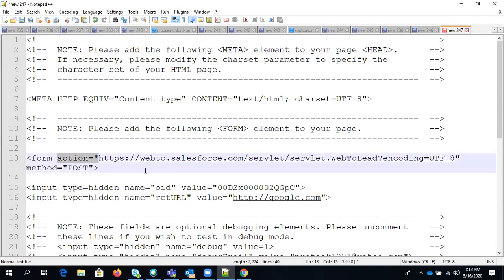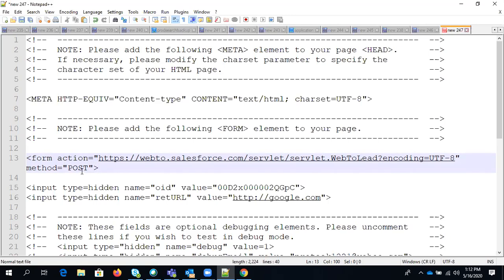In the action, we are passing this particular URL. Salesforce has a web service listed there, and the form is submitted to this web service so that a lead can be created in Salesforce.